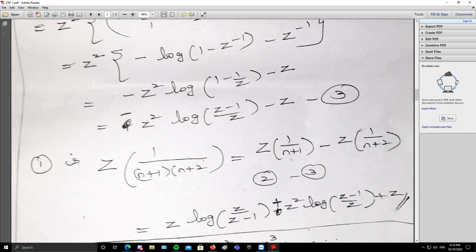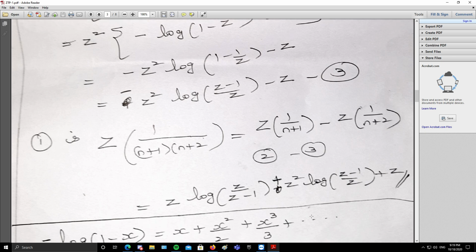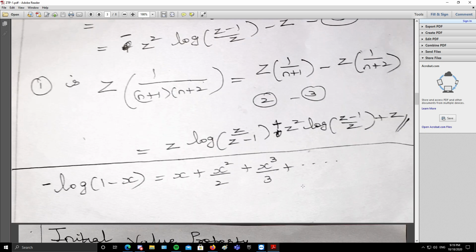So we know the transform of 1 by n plus 1. We know the transform of 1 by n plus 2. So the transform of 1 by n plus 1 is equation 2, and the transform of 1 by n plus 2 is equation 3. Substitute that, you will get this answer. Now